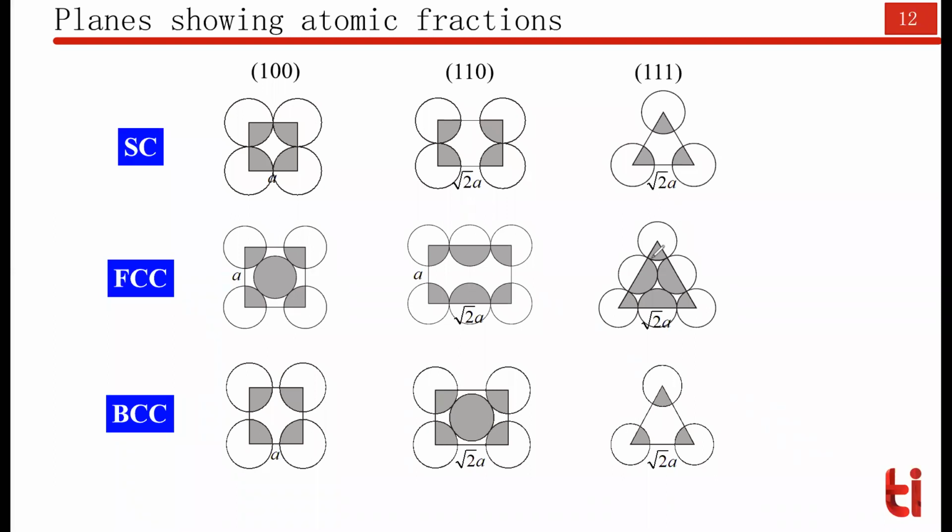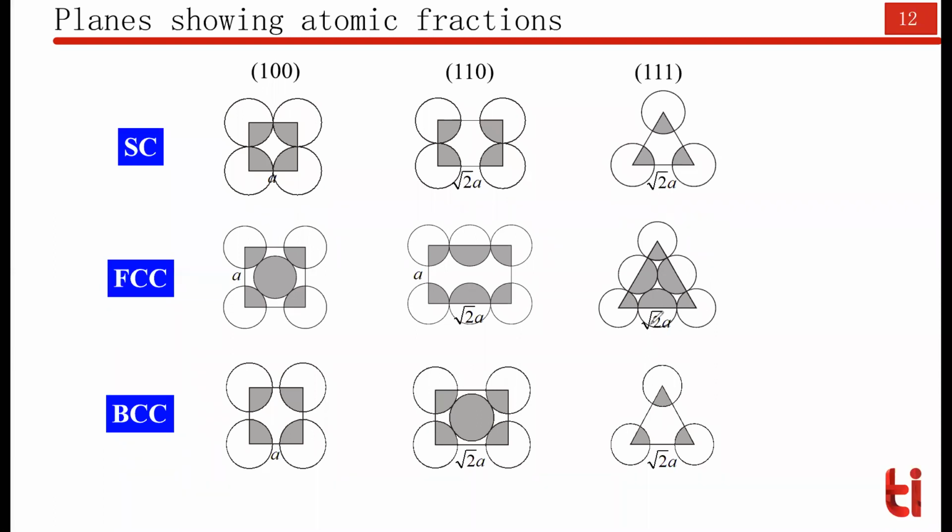The area of the FCC 111 plane will be same as the area of simple cubic 111 plane. Why? Because the plane is same, only the number of atoms lying on the plane is changing. And in the previous case, you have seen that that area was √3a square. So I'm not computing it again. The area is same, only the effective number of atoms is changing.